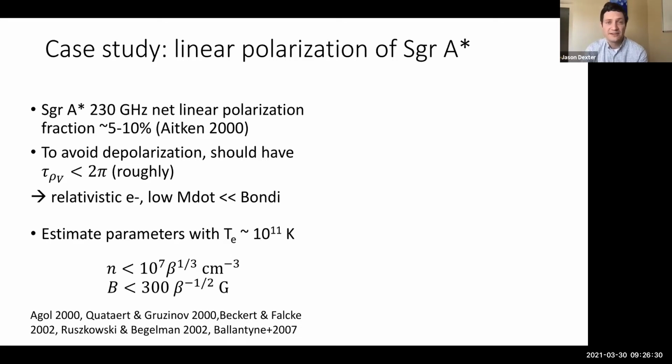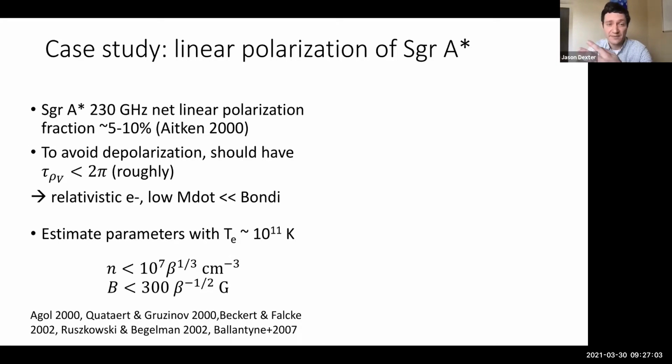And the argument was basically, okay, it's polarized at 230 gigahertz, so we can't have an enormous Faraday depth from the internal Faraday rotation effect within the source that's radiating, because as we discussed, that should depolarize the emission. And so then to avoid depolarization, we should have something like tau rho V less than 2 pi, meaning that an individual light ray doesn't go around more than, say, once. And this is just to avoid too much cancellation or depolarization. So that's a very